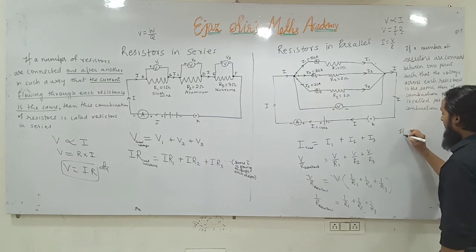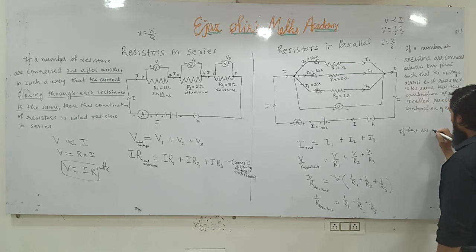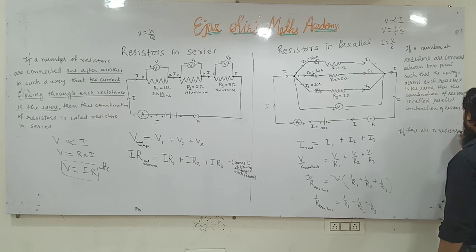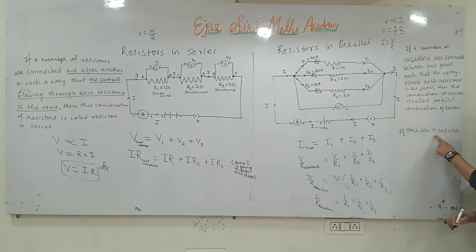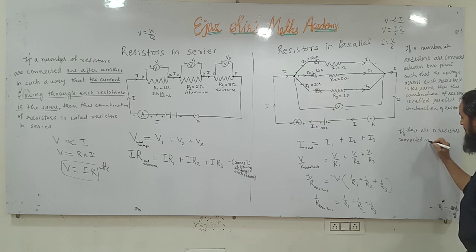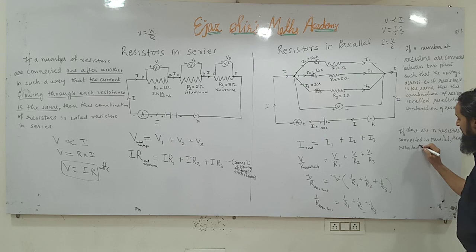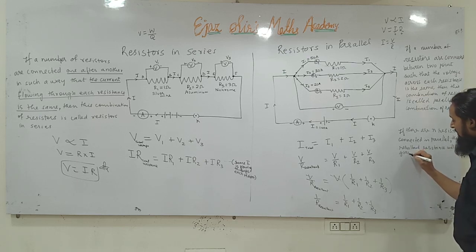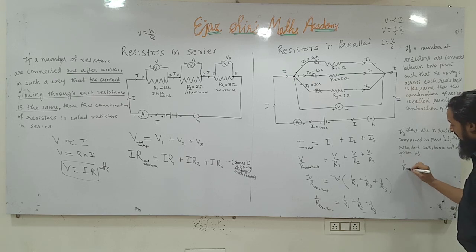Again I will write here, if there are n resistors in parallel, n means any number, 2, 3, 4, 5, 10, 20, if there are n resistors connected in parallel, then their resultant resistance, total resistance, will be given by the formula